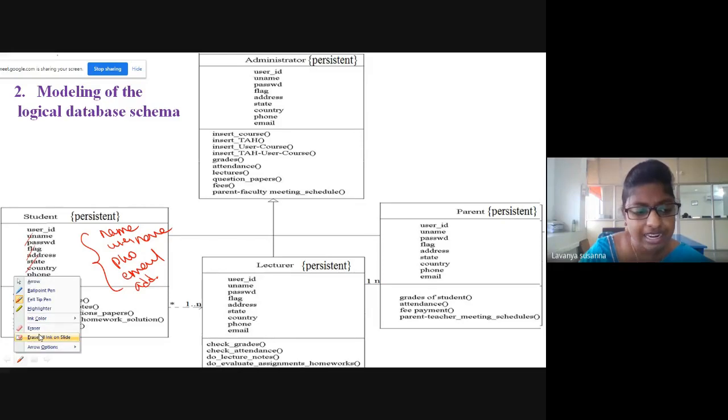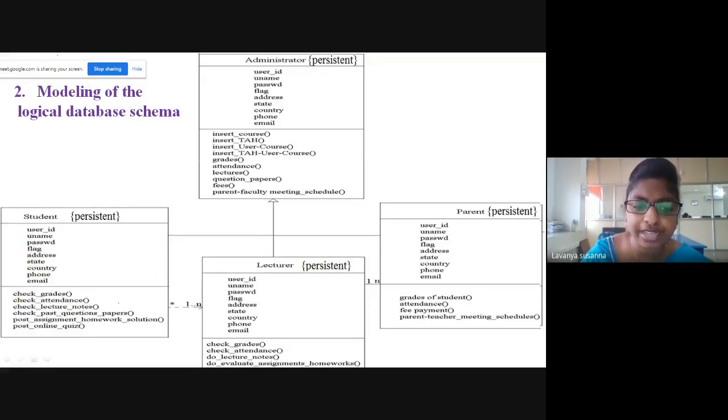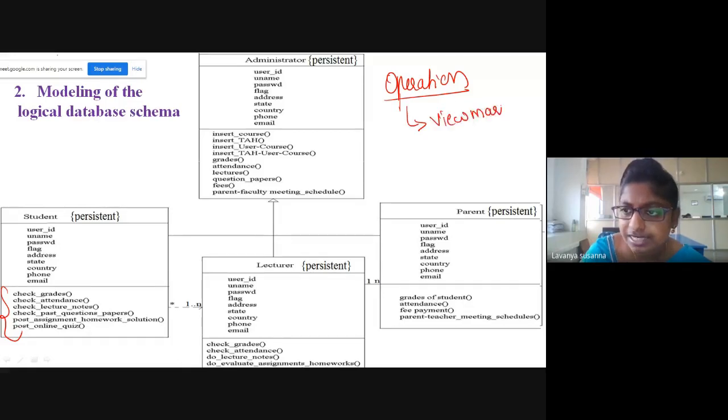Next, let us see what are the operations that a student can do in the college administrative system. See here, operations. Don't memorize all these things. Write on your own. Think what operations a student can do in the college administrative system. You can view the marks, right? Just write down like this, view marks. These are the methods you are identifying. Next, view attendance.